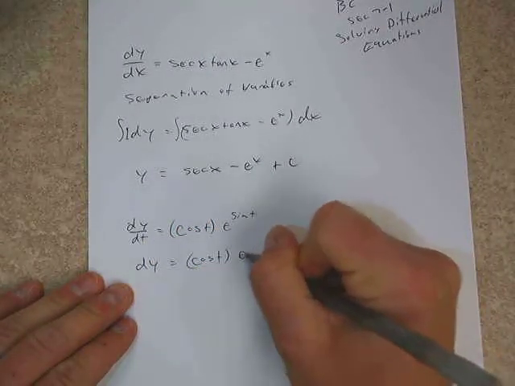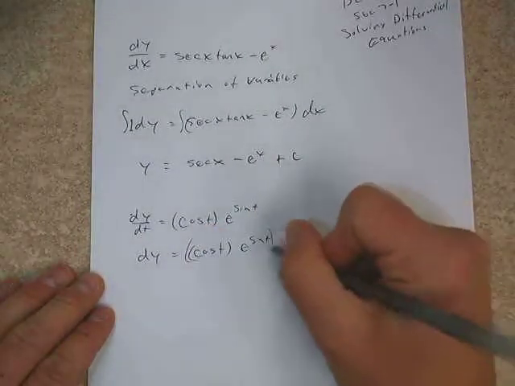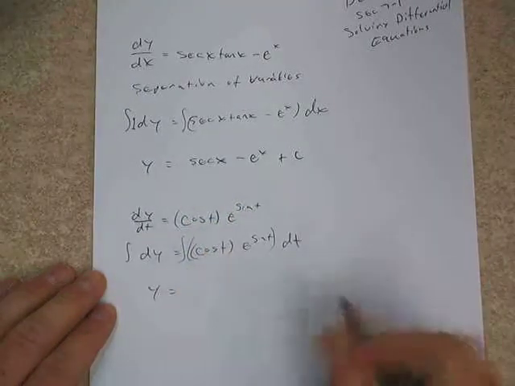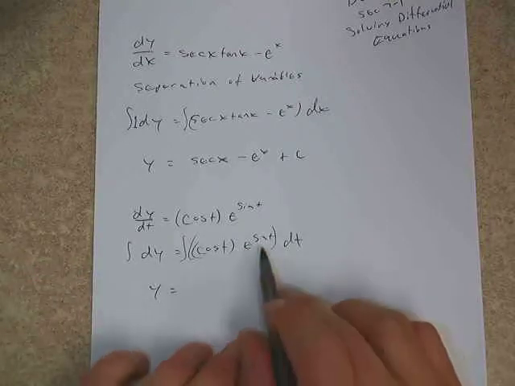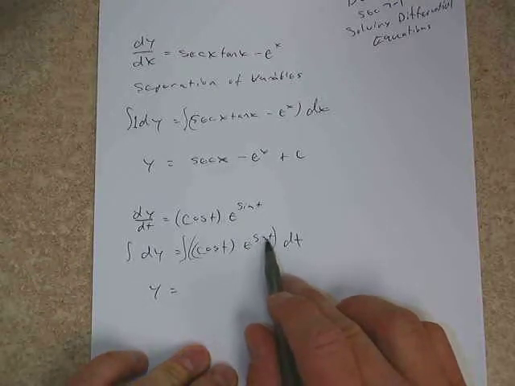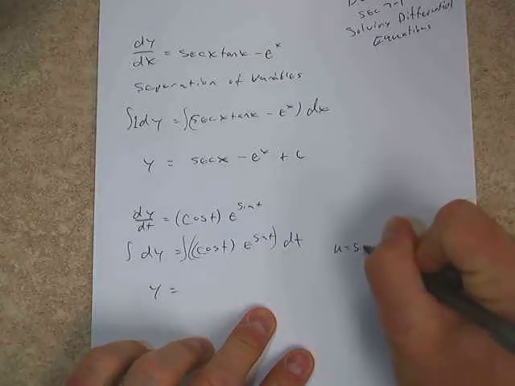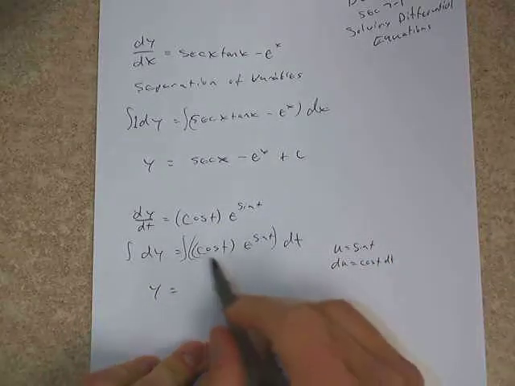So in this particular case, we can see that if we separate our variables, we're going to have cosine t e to the sine t dt. And this time, if we integrate, we're going to get y again over here. And then over here, we have to do a little bit of work, because you notice that this is not a known derivative. So since our sine is here and our e argument, a good u substitution here would be sine